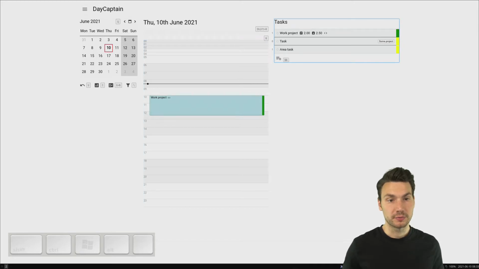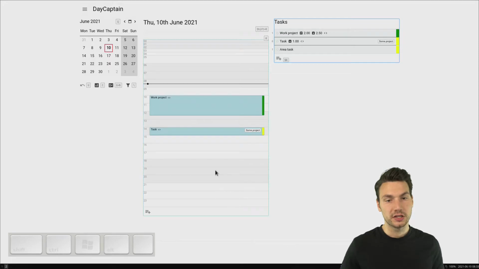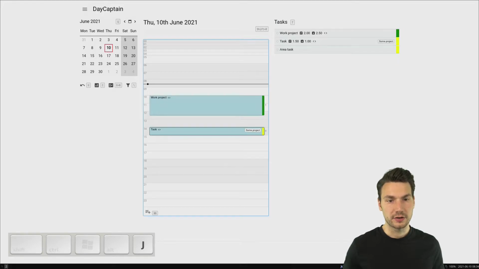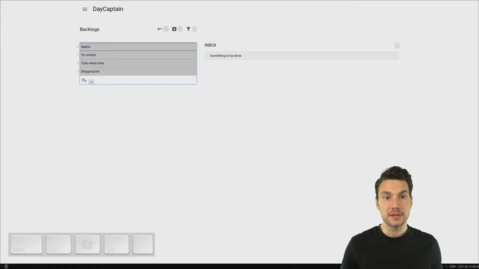The same is true for projects. They also keep the connection. For example, if in the afternoon, here I also wanted to work on that task, it has this connection here. Maybe I plan for 1.5 hours, so I can change the time here, and you see that the information is being kept. This also works if I go, for example, to the backlog view, G and O,